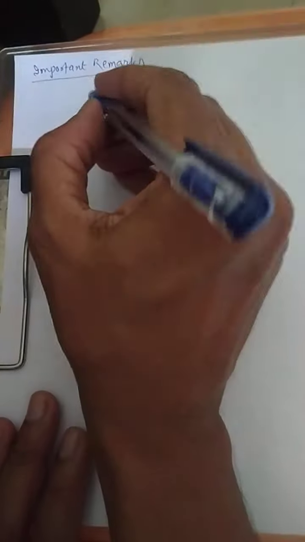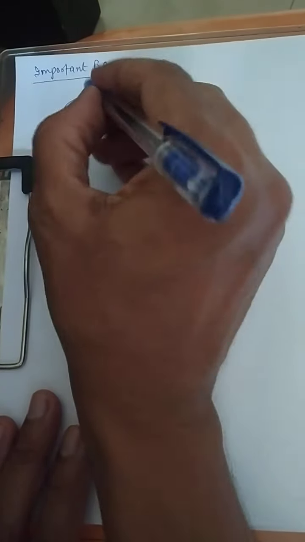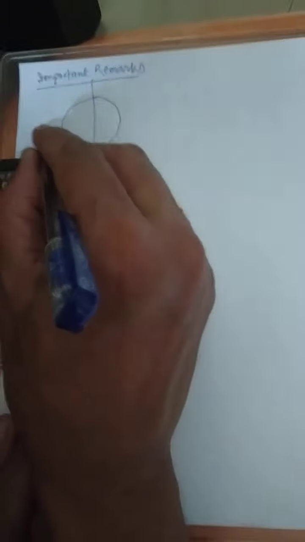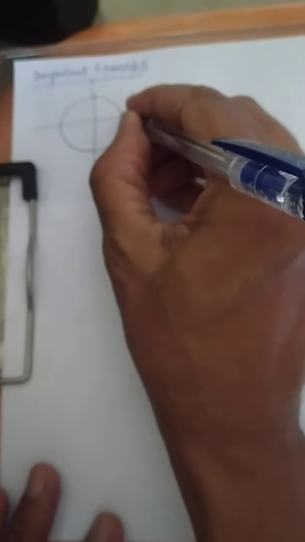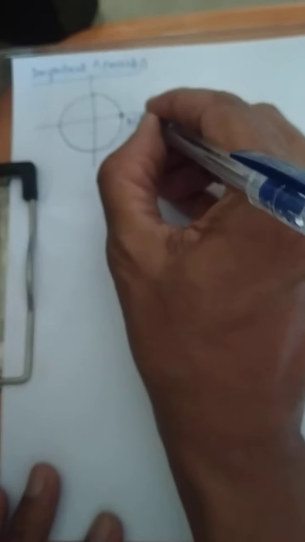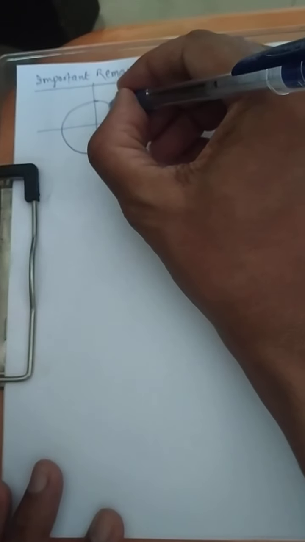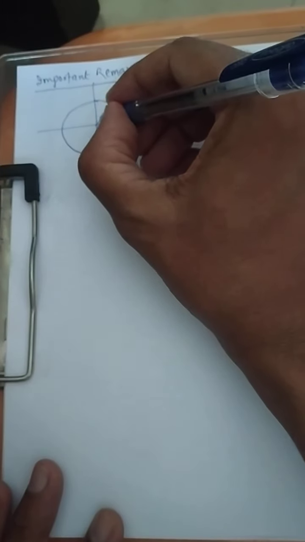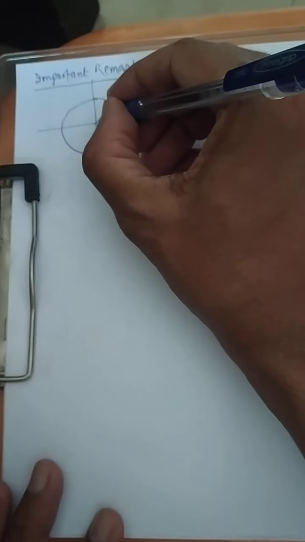Let us look at this circle. This is a unit circle. What is the meaning of unit circle? Correct. Radius will be 1. Being a unit circle, this point I should call as (1, 0). Let us consider this point. I just name it as B, and the central angle over here I also take as B.